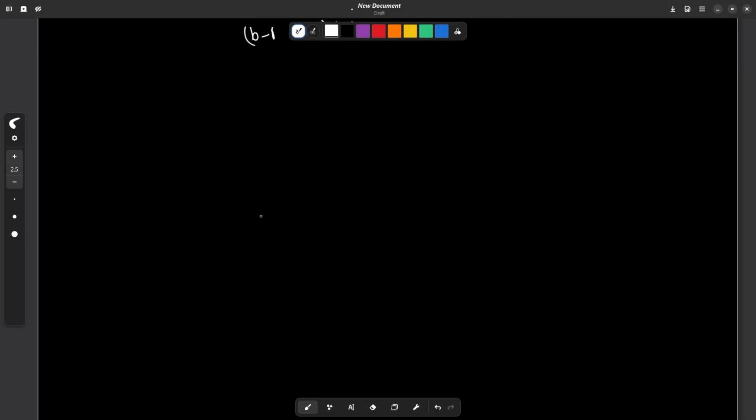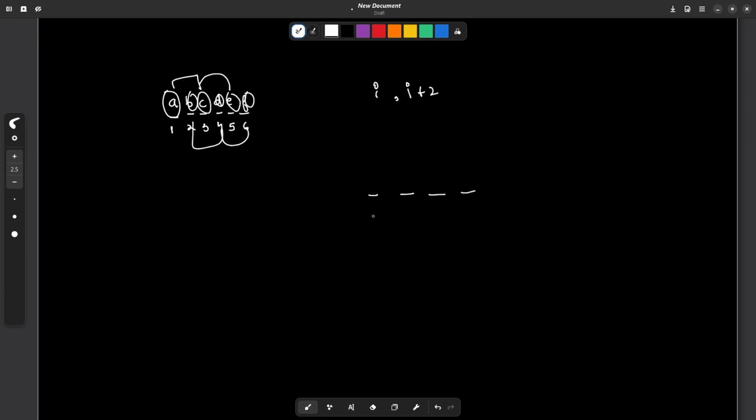So this problem was very interesting to observe, and what you can do is, let's say you have a string something like this, right? So these will be positions. So let's say this is first position, second, third, fourth, fifth and sixth. So now if I can select index I and index I plus 2 and I can swap them, you will see that I can select this one with this one and then this one, right? So all the odd indexes will be covered together and all the even indexes will be covered together, right? Like this. So for all the odd positions, if this is 1 and 3 and let's say we also have 5,